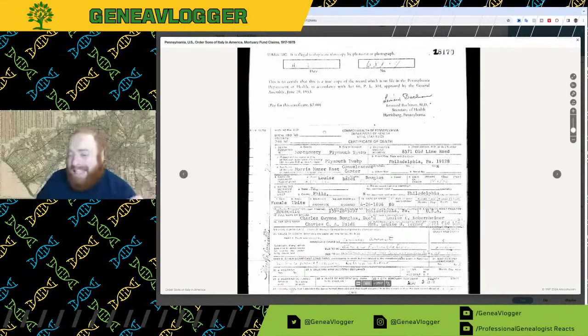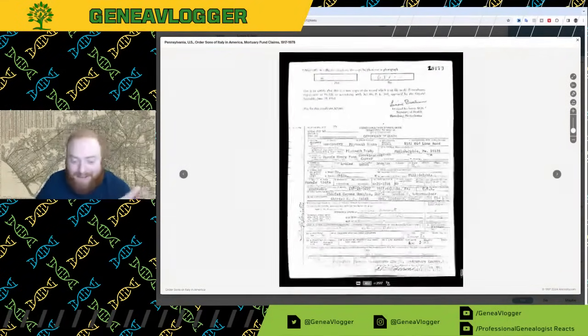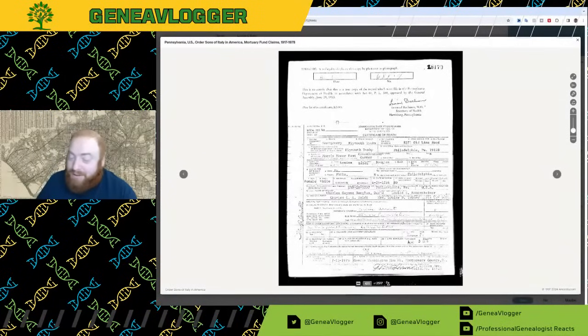So this is back in the day, and I'm sure a lot of the older genealogists on here are like, oh, I used to have to do this. Back in the day, before it was all digitized, you either had to go to a library or a family history center or something to get microfilm, microfiche, or you had to order it. So when I started